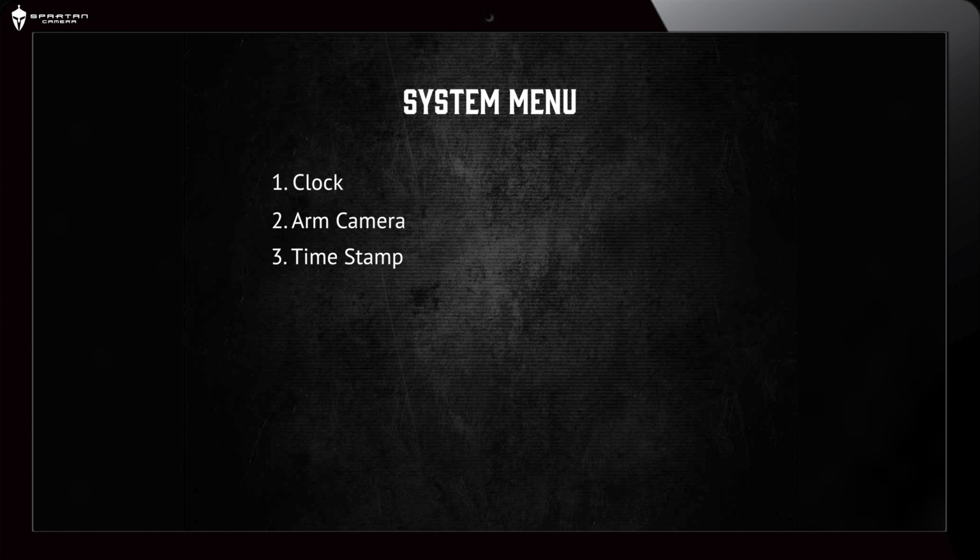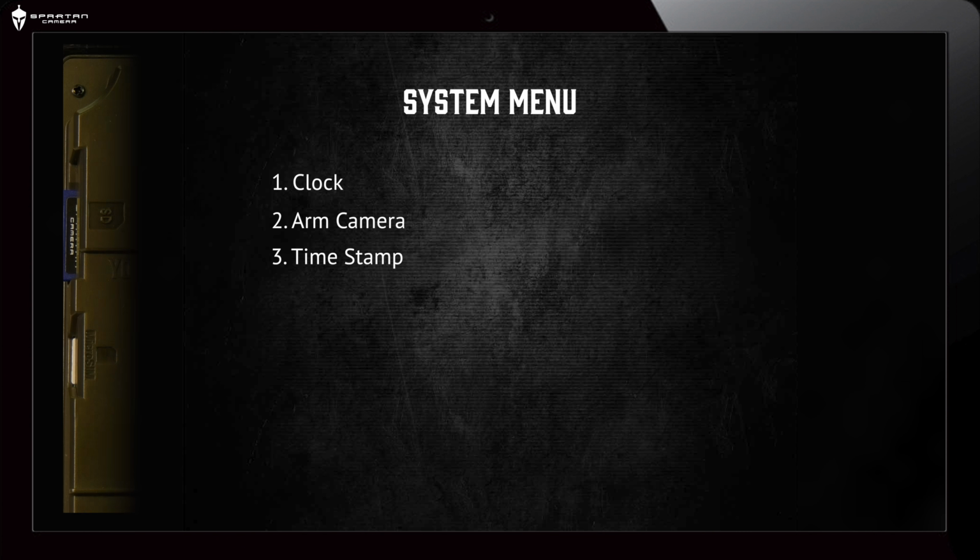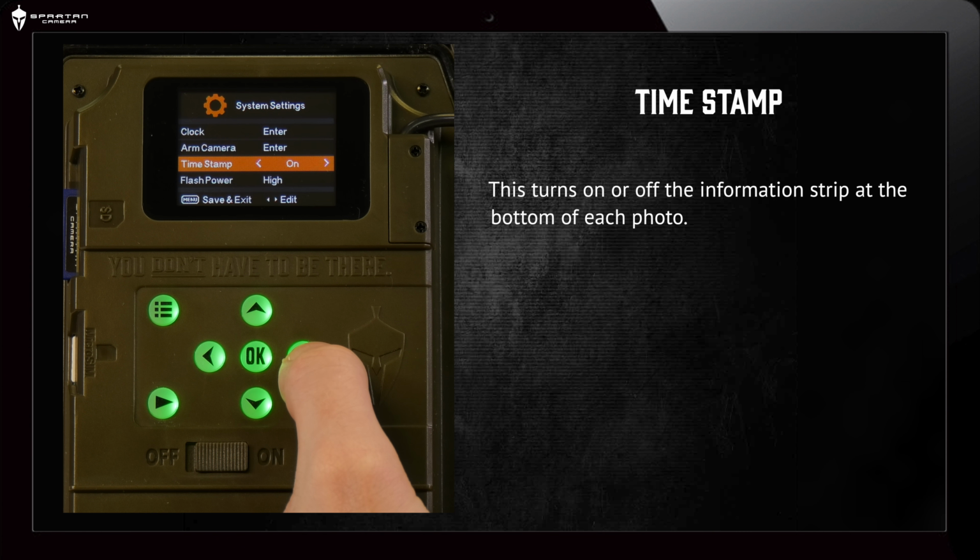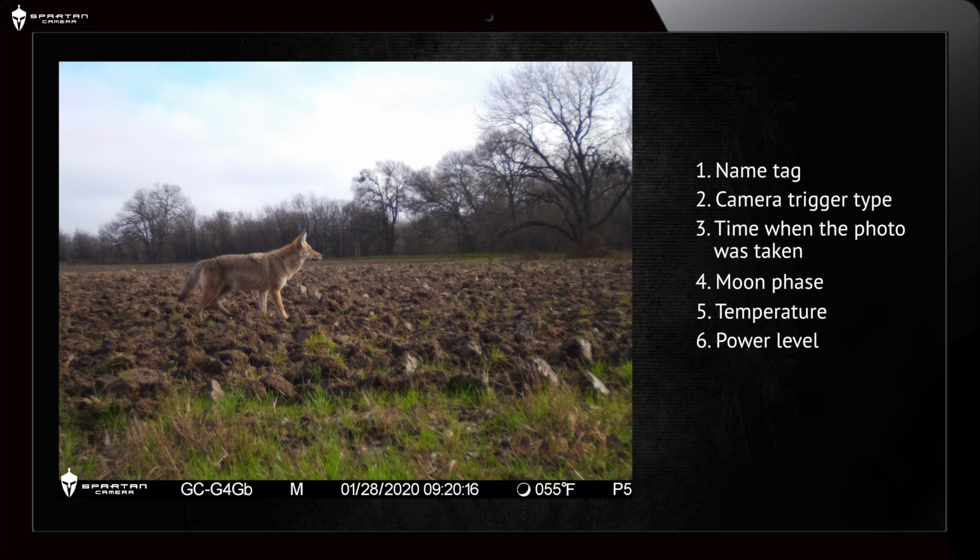Timestamp. This turns on or off the information strip at the bottom of each photo. The information strip displays the following information: